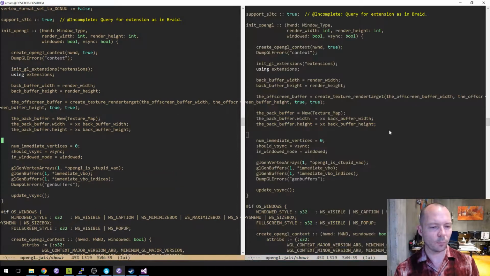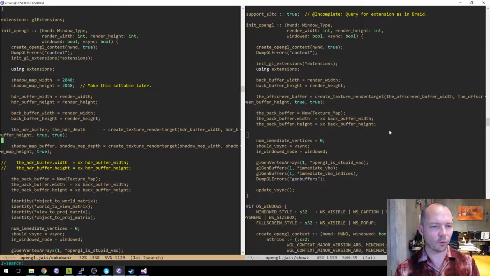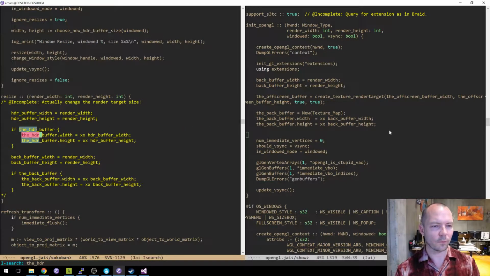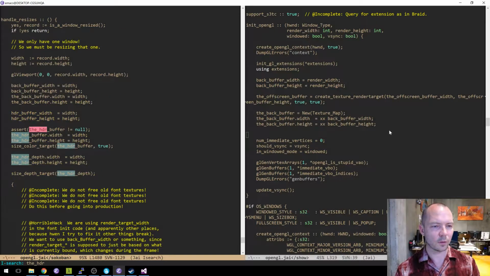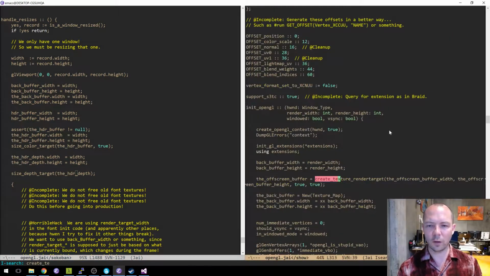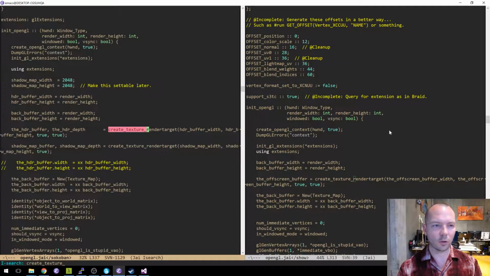All right, let's go to the Sokoban version. So the HDR. Say size, color, target. So we're not going to handle resizing yet. So we're not going to do any of that. Okay, so we're going to look for, let's see if we already have create texture render target.